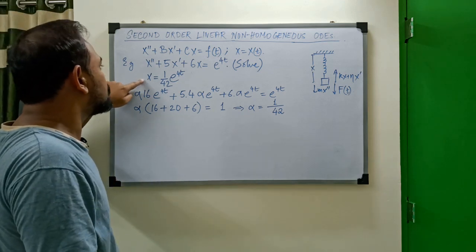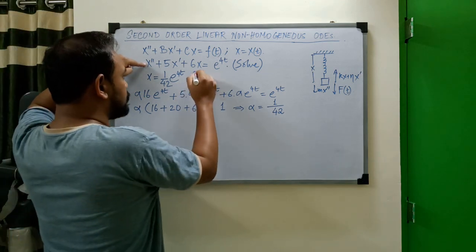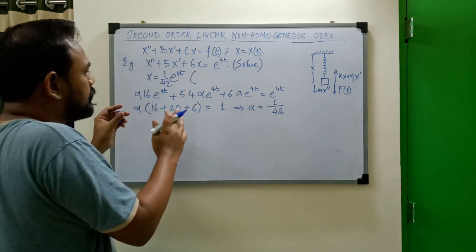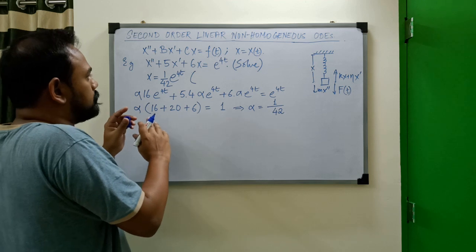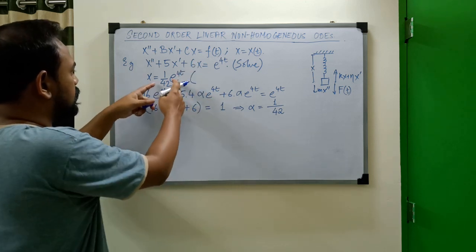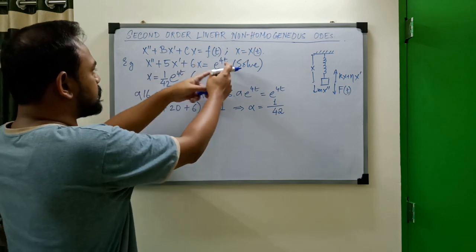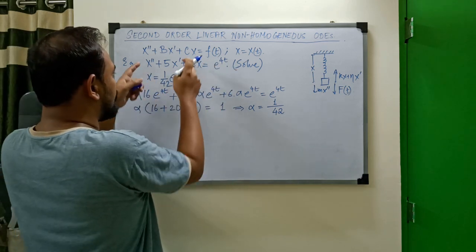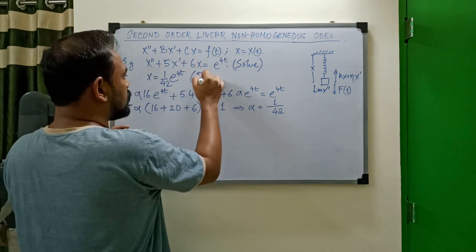The name is that this would be a particular solution. So this kind of function which you have found, mostly by inspection or your intuition, something that would fit and spit out e to the power 4t, this function, or as a solution, would be called a